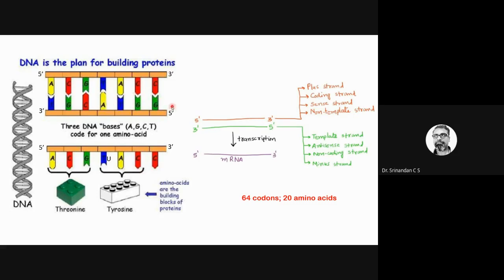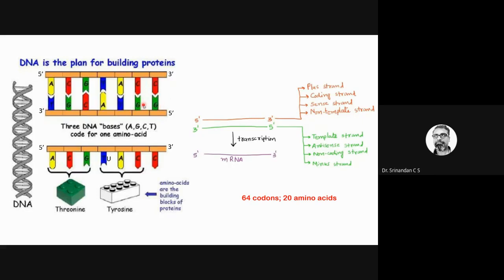because only the negative sense will be there in some RNA. It will become positive, and then that will actually code for the protein. Okay, so we should know, because here only the codes are there. It is called the plus strand or the coding strand or the sense strand, and because it does not act as a template, it is called the non-template strand. Whereas this one, functioning as a template for the RNA to form, is called the template strand, or just opposite, the antisense or negative sense strand, non-coding strand or minus strand.